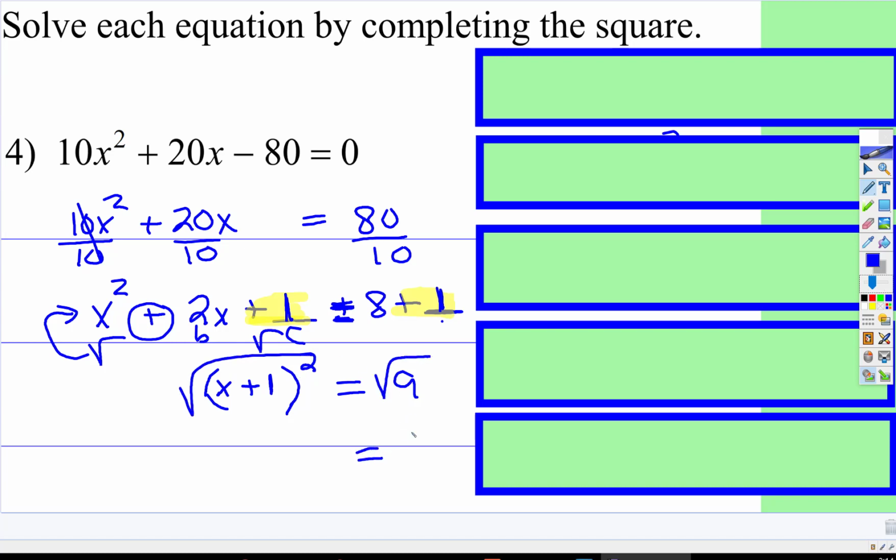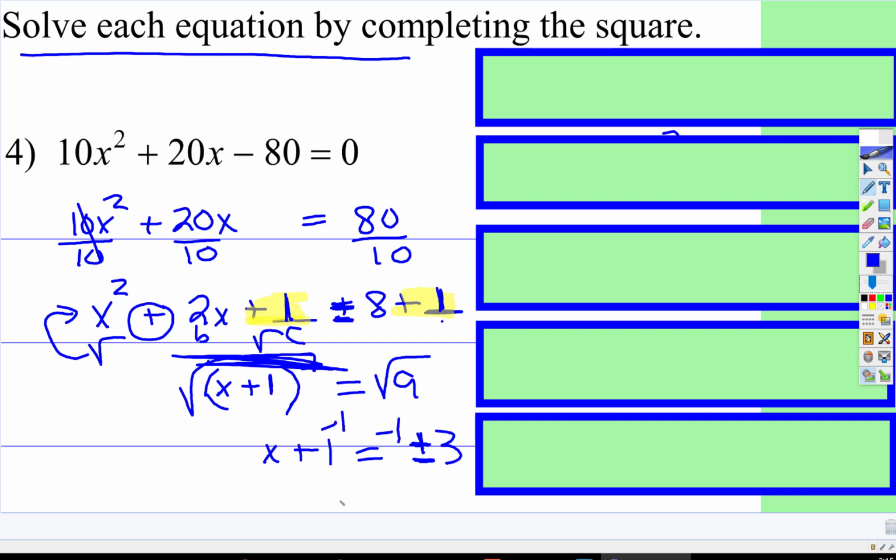Remember, on the right side, when you take the square root, you're going to have a positive and negative. When you're solving quadratics and you take the square root, you have two possible answers. So that's positive, negative 3. On this side, the square root of something squared cancels, leaving just the x plus 1. Now we're going to subtract the 1 on both sides. x is equal to negative 1